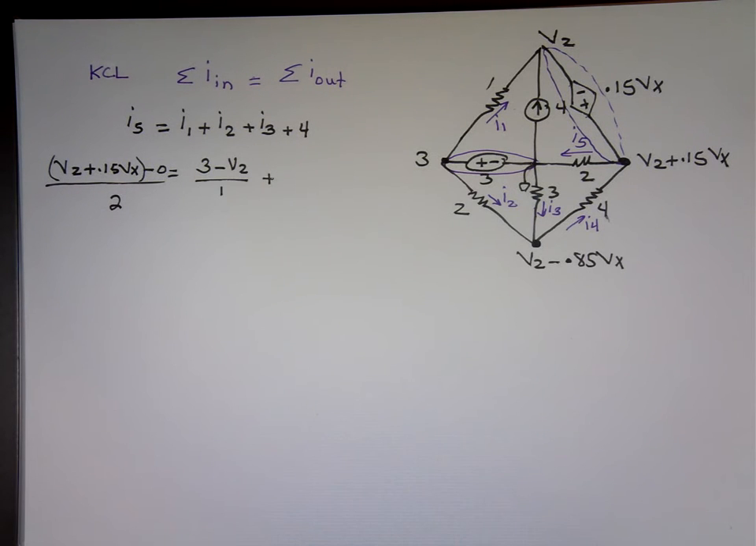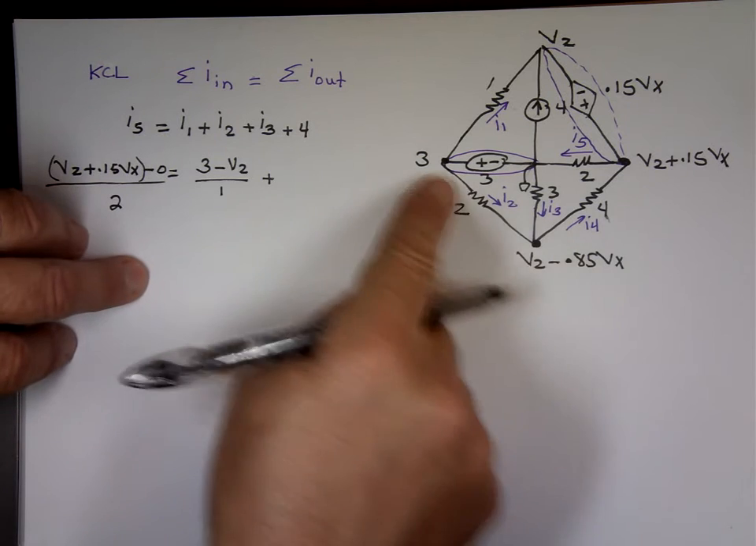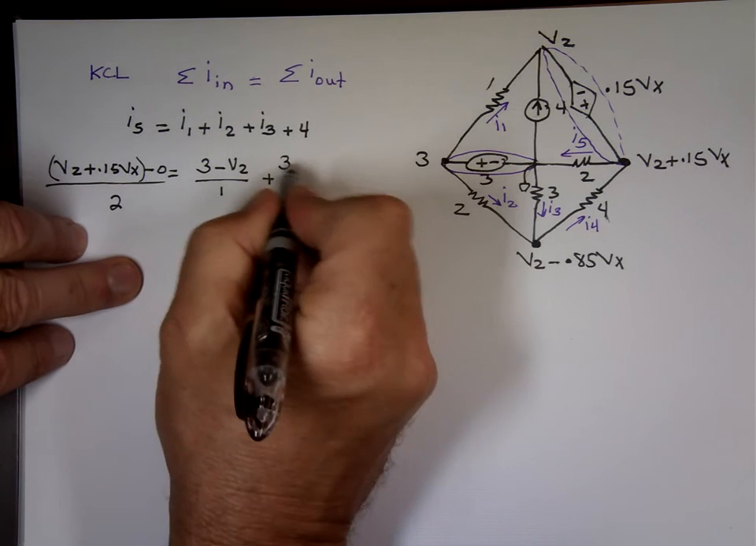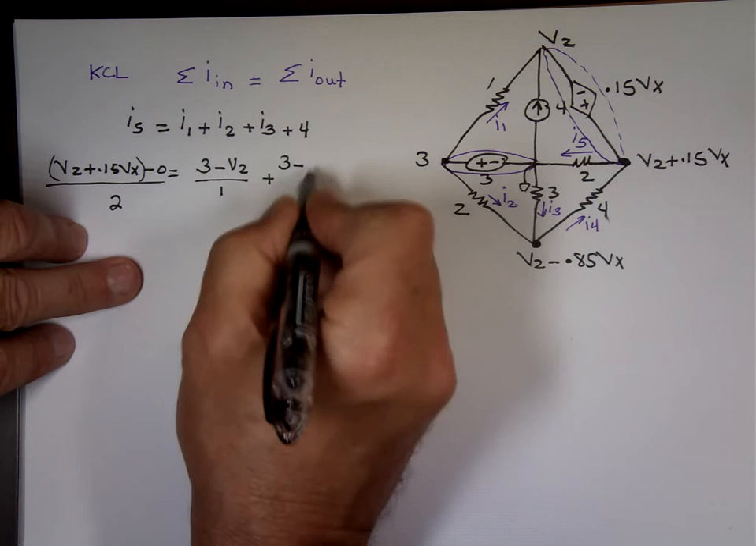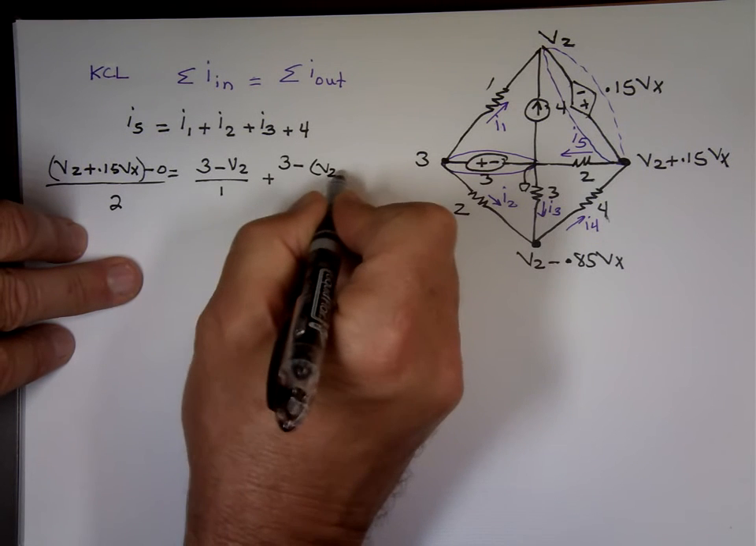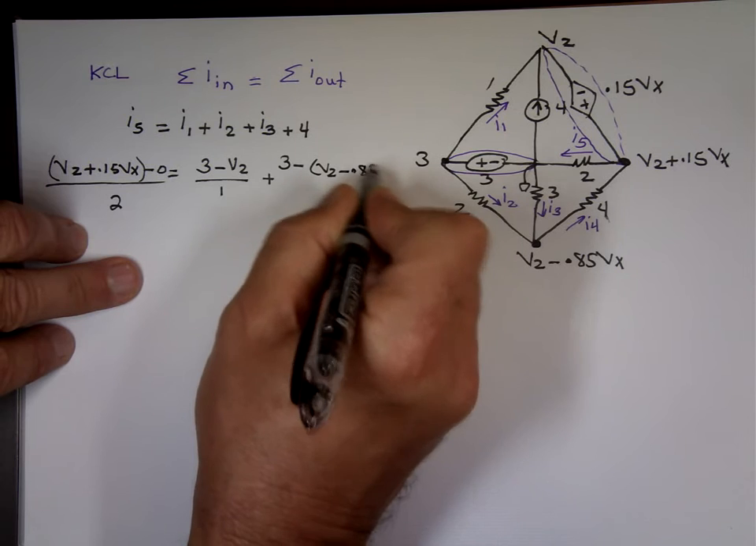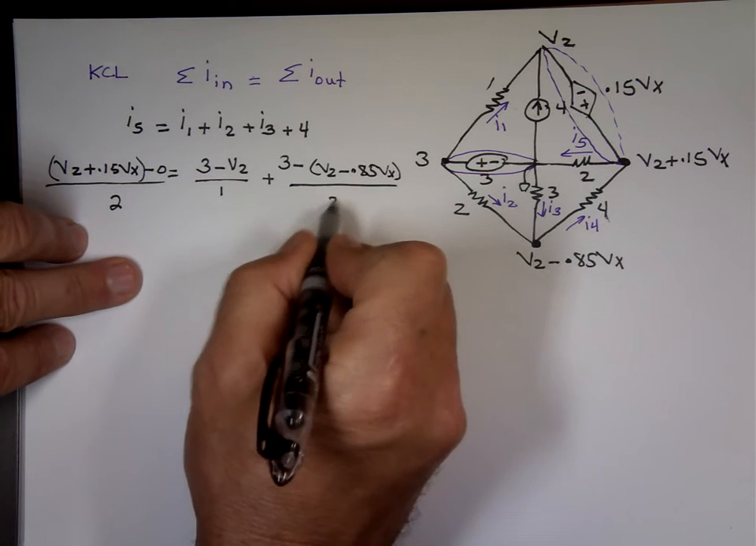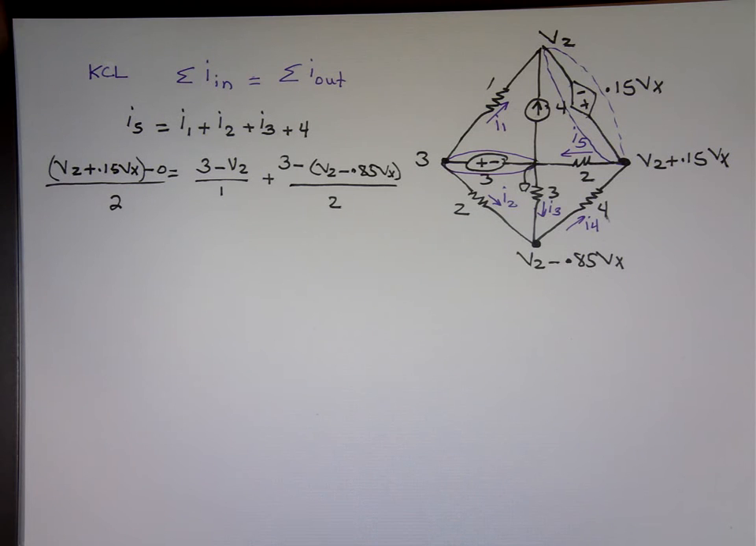I sub 2, where's I sub 2? That's this one. Coming down. It's 3 minus whatever that voltage here, which is V2 minus 0.85 Vx, divided by what? 2, plus